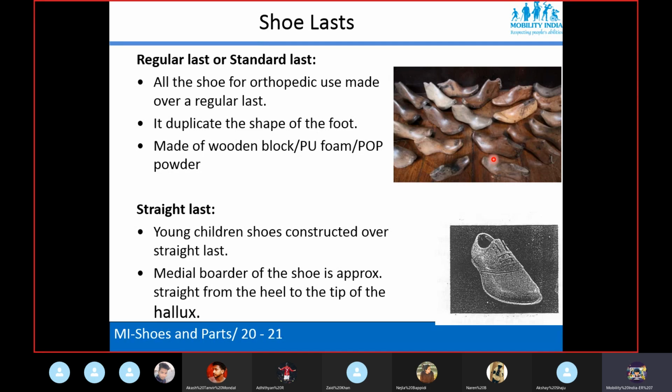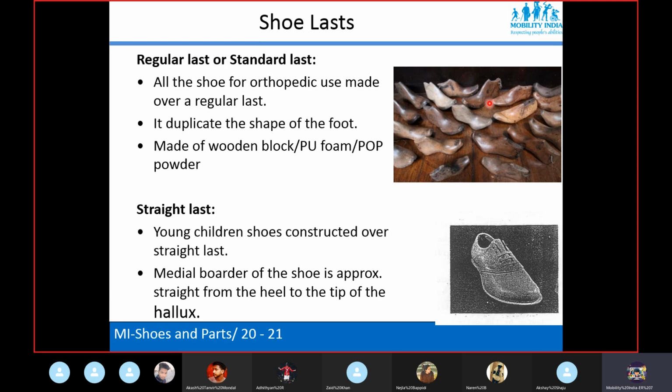The shape is given because of the design and shape of these different types of shoe last. It is available in different sizes for children and adults, and even for different disabling conditions. If there is some problem in the foot, the shoe last is designed accordingly. Again, we will discuss which shoe lasts are available and for which condition they are used.